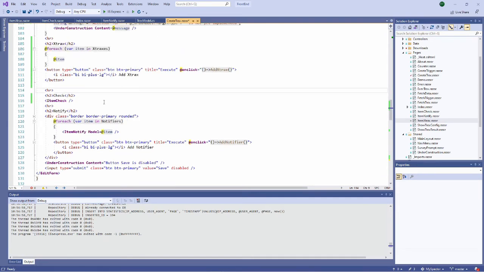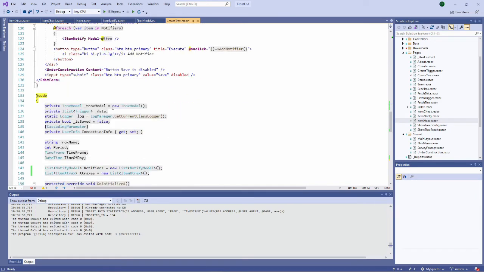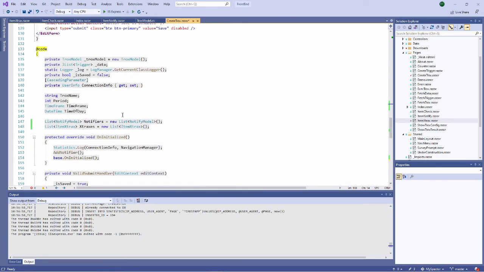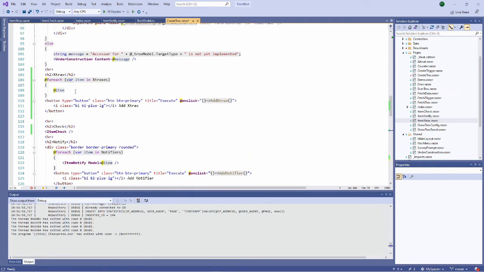So we saw that the first idea to create a list of components is not relevant because you cannot push them on the view like this.